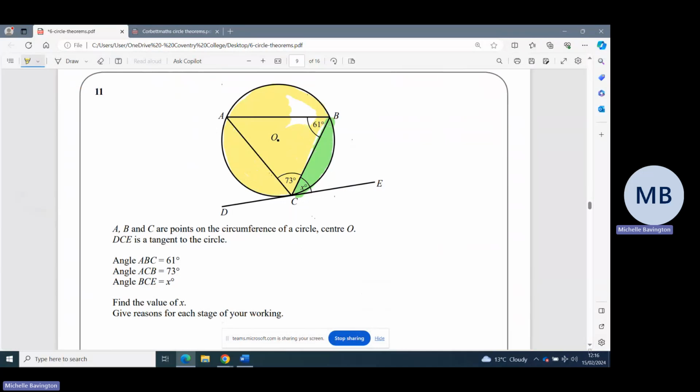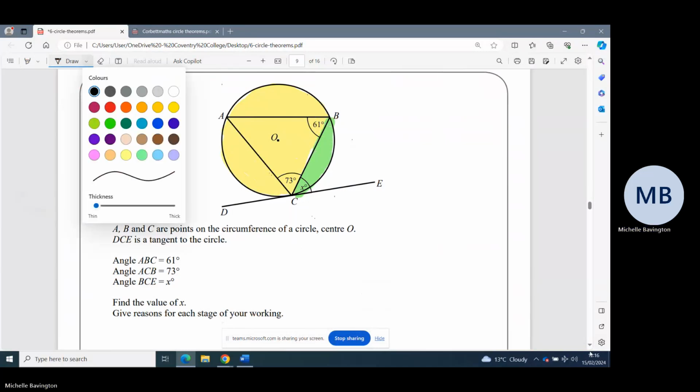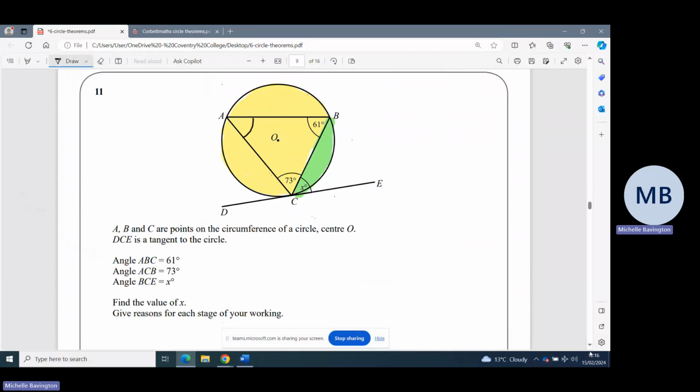Right, I'm also thinking I've got a triangle in that segment. So if I can find this one here, this segment 1 is opposite, x is opposite this. That's what I'm thinking. So angles in a triangle